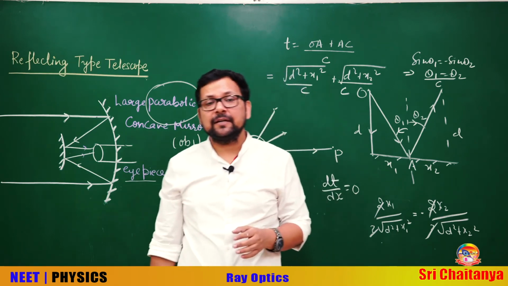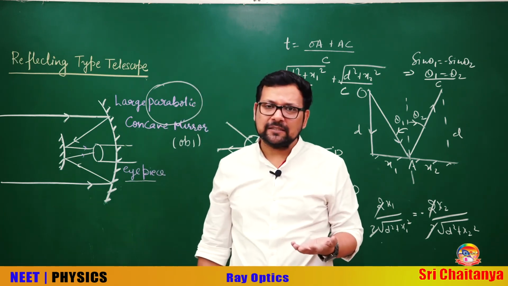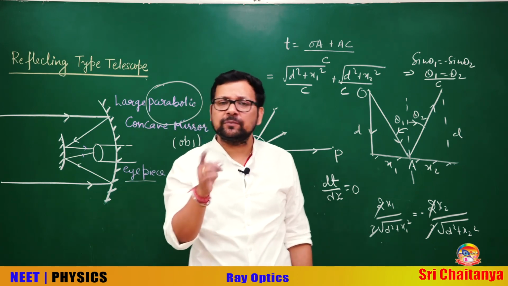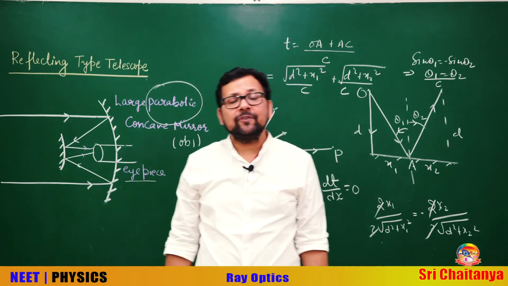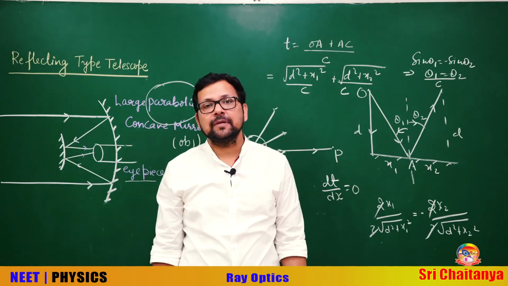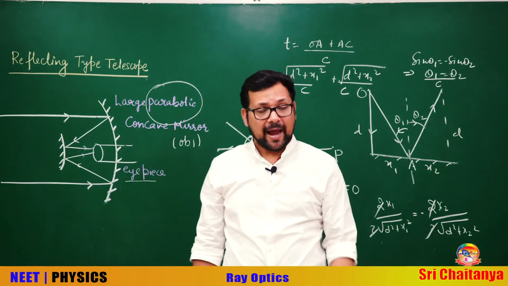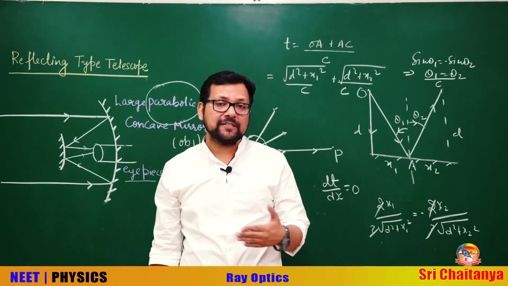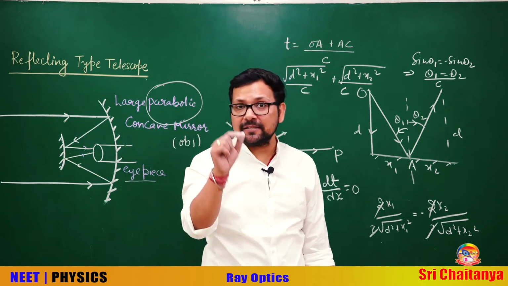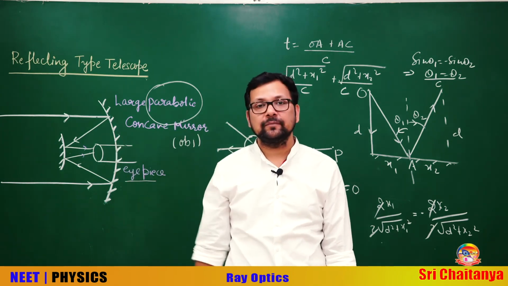After TIR comes the spherical surface. In a spherical surface, generally there are two things. One is refraction through a spherical surface, and I have told you in the previous lectures, if you remember, that if in refraction the angle of incidence is given, then you have to use Snell's law. And if the angle is not given, you know a refraction is taking place, then you will be using the spherical surface formula: mu2 by v minus mu1 by u equals mu2 minus mu1 by r.